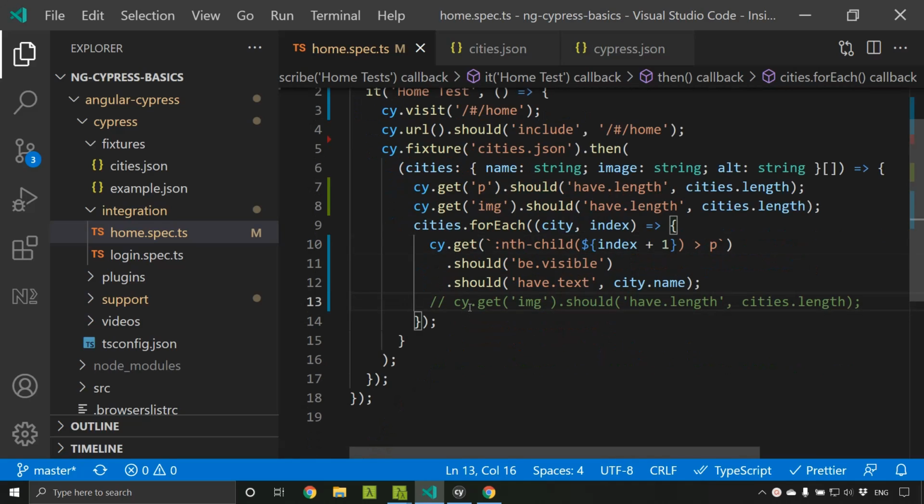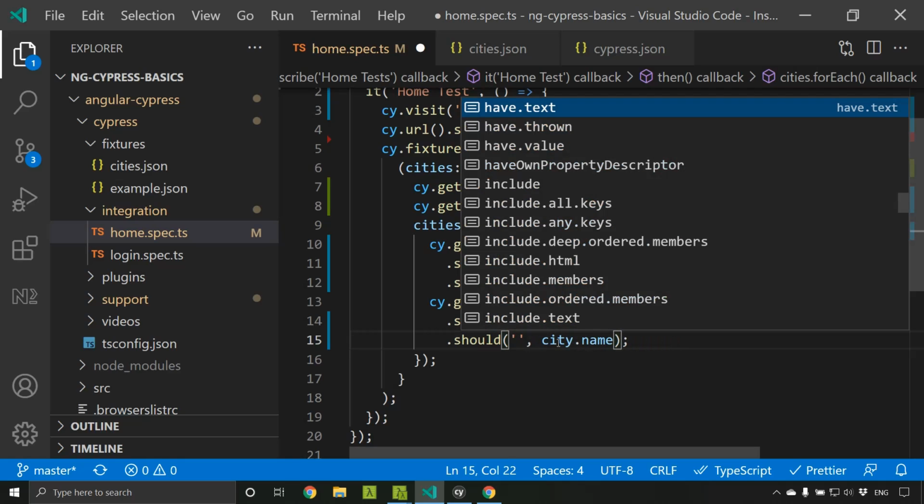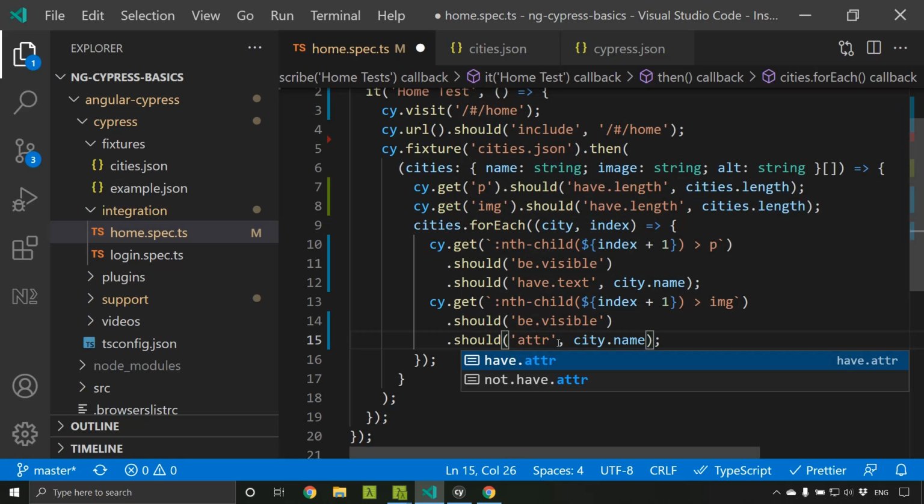So similarly, let's add assertion for our image as well. So just we'll duplicate the thing, and here we will be using the image, and first we will check whether it's visible, and then we need to check whether the attribute is there. Have attribute.